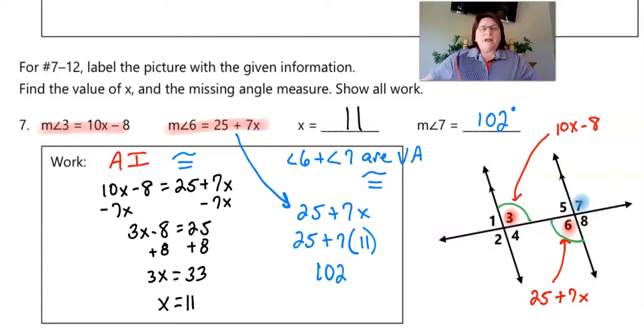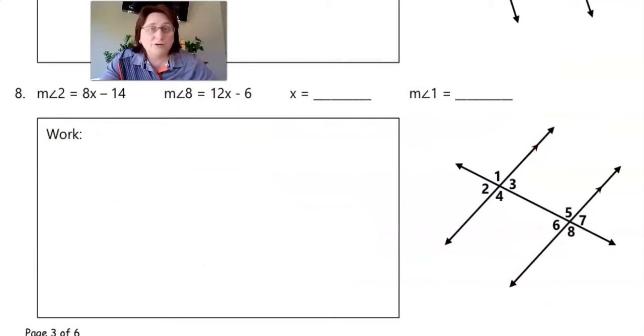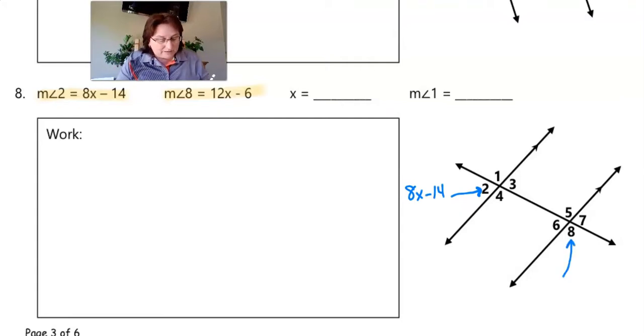Okay, all right, now we're going to do one that's a little bit different, and I'm going to throw you guys a curveball. So let's go down and take a look at number 8 next. Okay, number 8, we're going to do the same thing. We're going to label our picture with the given information. All right, so right here is our given information. All right, so it says that angle 2, which is right here, is 8x minus 14, and angle 8, that's right here, is 12x minus